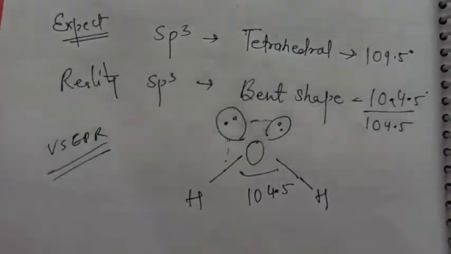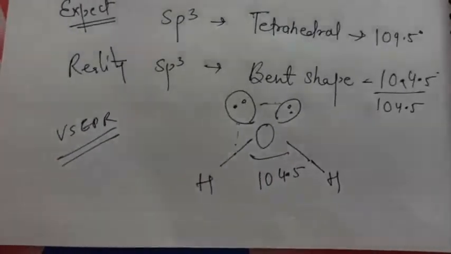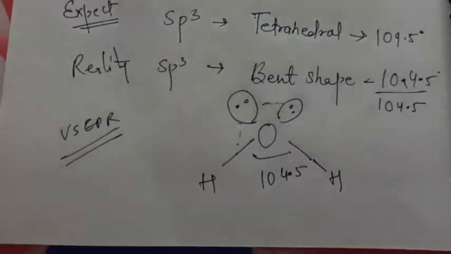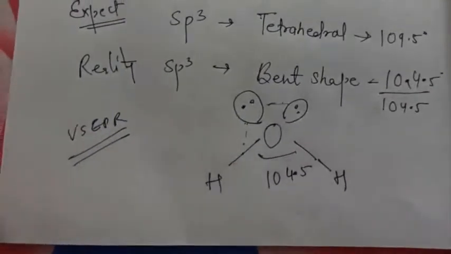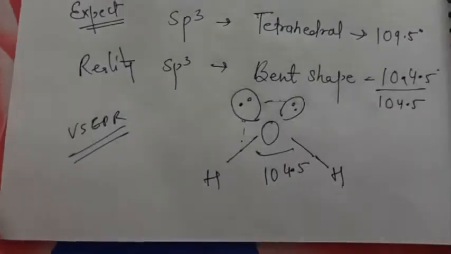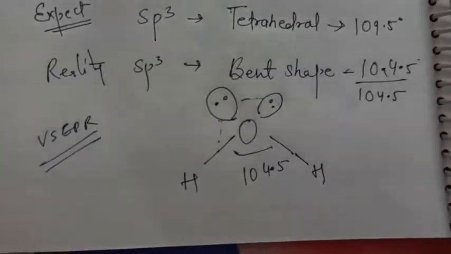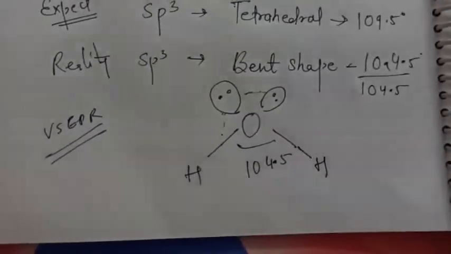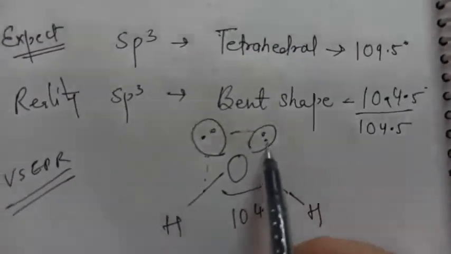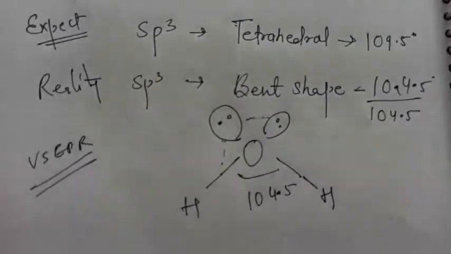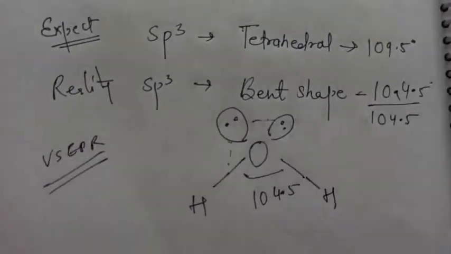So I hope this comparison of methane, ammonia and water is clear to you. Methane had all the four bond pairs, sp3 hybridization, tetrahedral geometry, 109.5 degrees bond angle. Everything perfect. But as you have seen in the case of ammonia and water, due to formation of lone pairs of electrons, the pair of electrons which are non-bonding, not participating in bond formation, ये bond नहीं बना रही, ये फालतू हैं. These are extra, not involved in bonding. So when the electron pairs are not involved in bonding, they are called as lone pairs. So I hope this was clear.